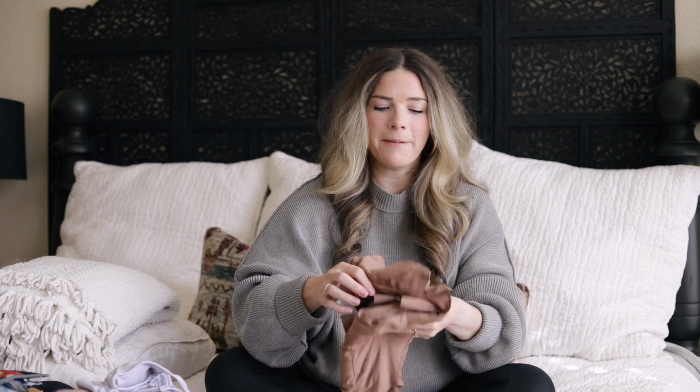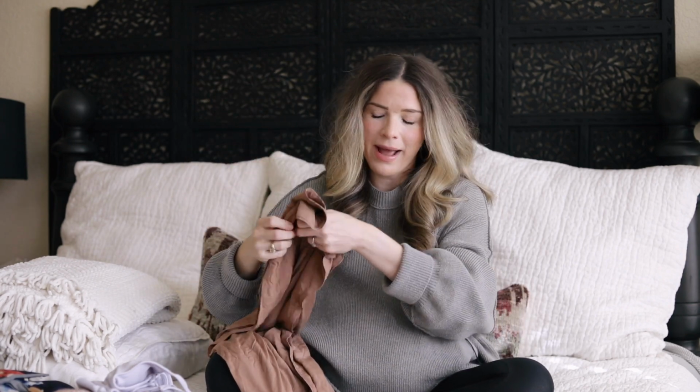And I really like that these have a button so that I can keep it unbuttoned because I plan on breastfeeding right away. And so easy access is always top of mind when I'm thinking about once baby is here. And then long pants. I really appreciate these long pants. And again, I order them, I like large pajamas. I take my current size and I order a size larger especially for this stage, so that things are as comfy and loose fitting as possible. These have a drawstring so I can make sure that they're not going to fall off,